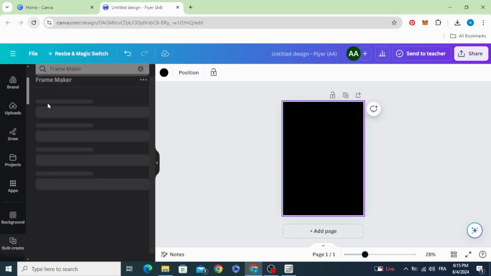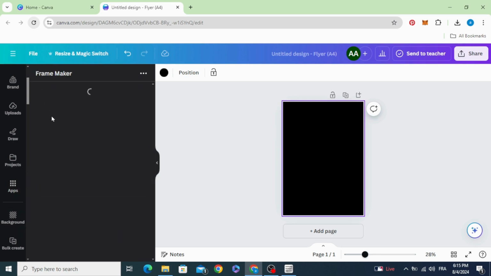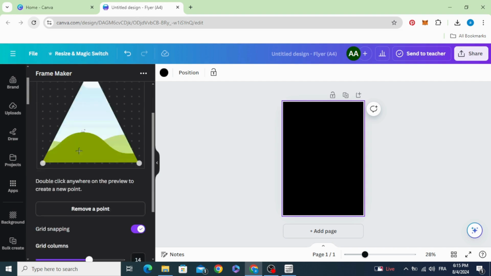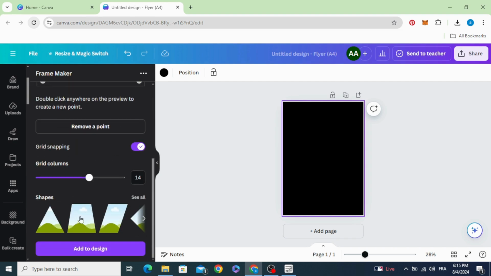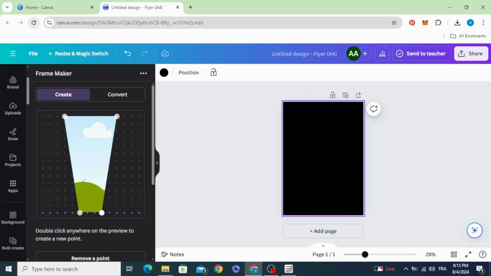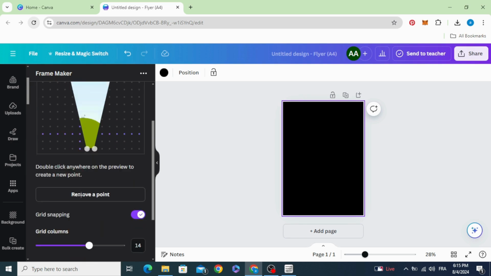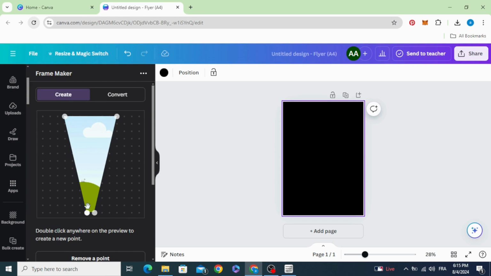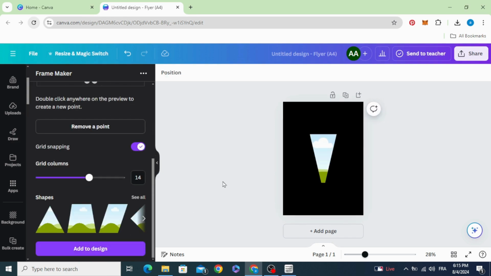choose this one, scroll down, choose the second shape, this one, and shape it like this. Add to design,